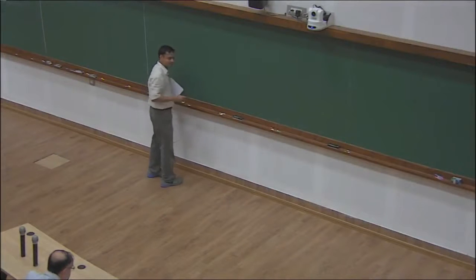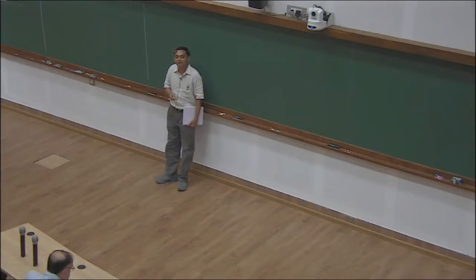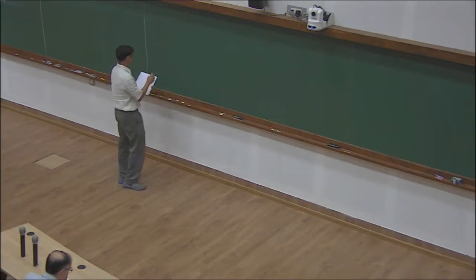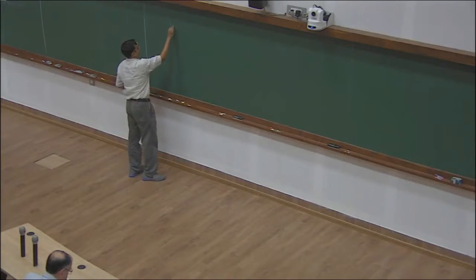We're doing the transverse field Ising model as an example where everything I said in general terms can be worked out concretely, right? And we got to a certain point and then stopped. So let me just sketch what we said already and then we'll start from there. So we started with this Hamiltonian.